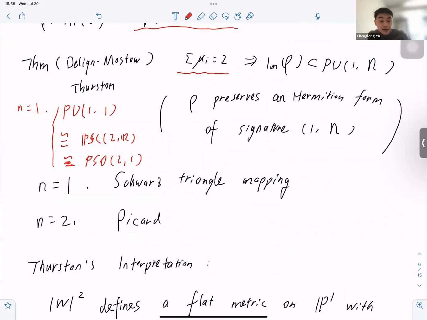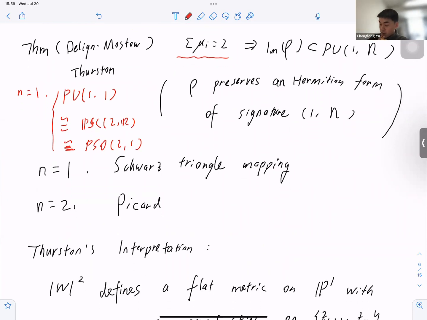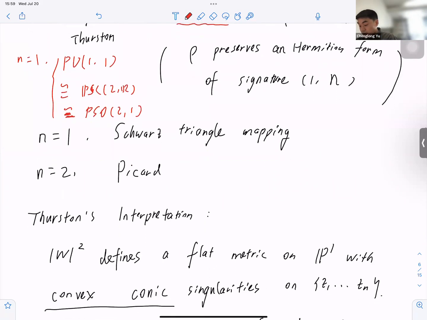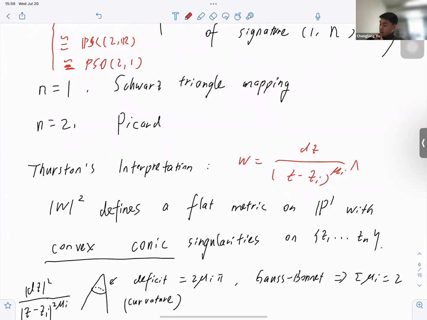So next, let me explain a little bit why this kind of monodromy representation will preserve a Hermitian form. What's the natural structure coming from this Hermitian form? I will take Thurston's approach. Thurston's interpretation of this Hermitian form is as follows. Remember that we have this differential form with some pole order. Let's say at Ci it has this rational pole order mu I. And if we take its bar, dz bar,